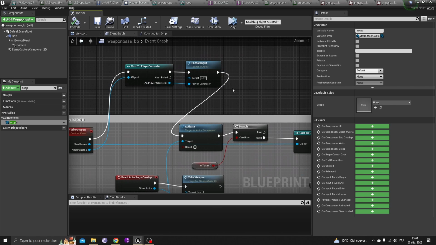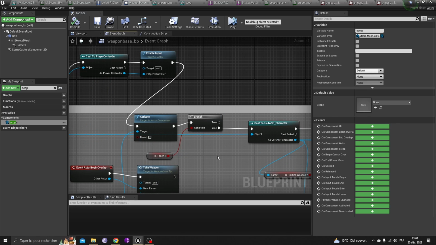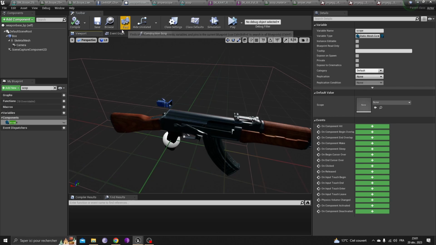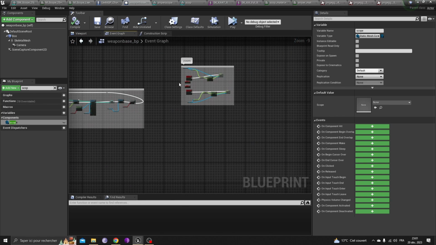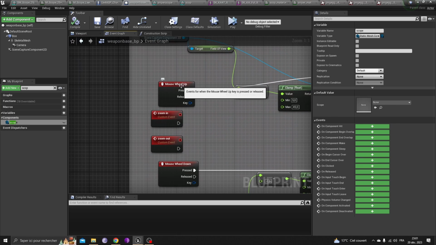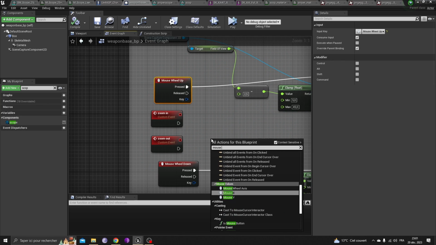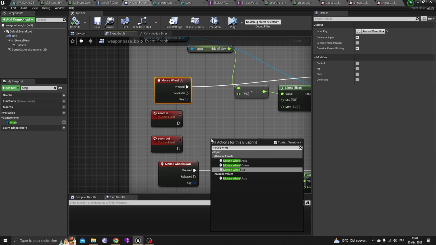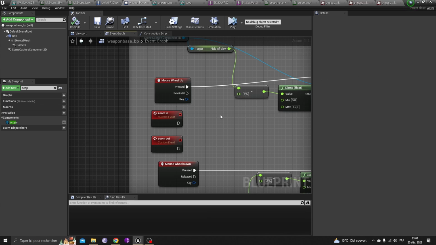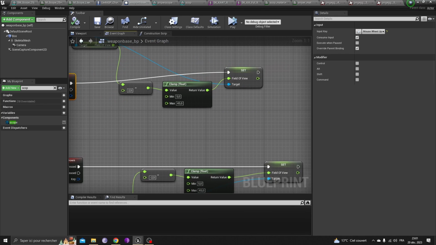This way, when we click a key on the keyboard, the weapon base will interact, okay? We are going to use the mouse wheel input. You can get it just by typing mouse wheel. There is the up, there is a down, okay? I have it like I have done here. And now